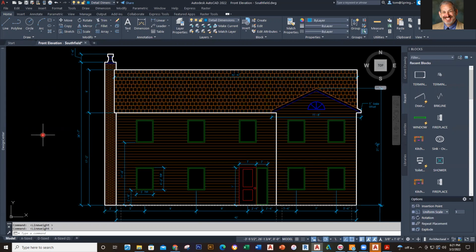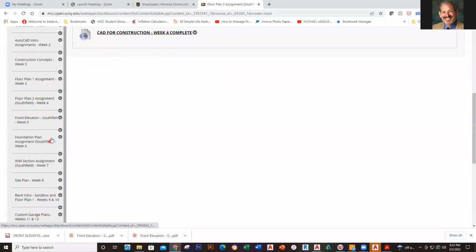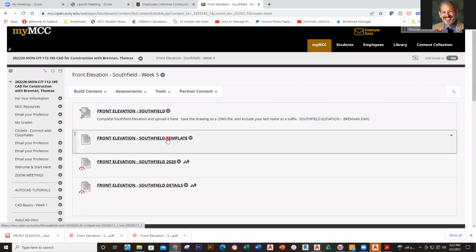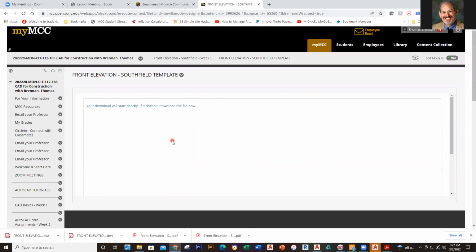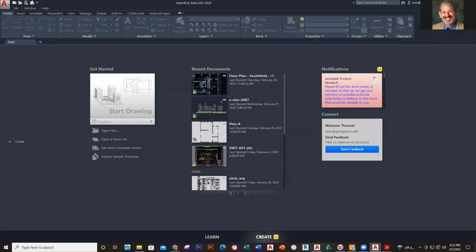So let's jump in and see how we do this. First of all, we would go to Blackboard and download the template. So we go over here to week 5, front elevation, and we have this template. We're going to download the front elevation, south field template. And then you'd also download the other files that we talked about, the PDFs. This is the PDF of the actual elevation, and this is the details. So you have those right there. So I'm going to build this using,